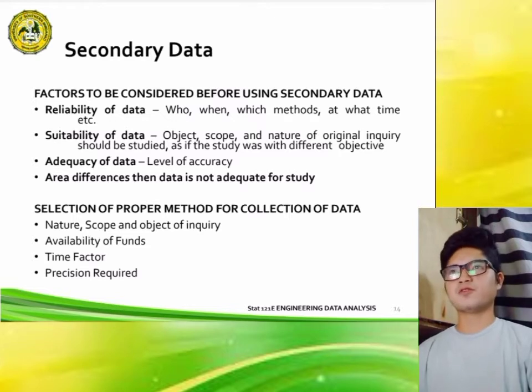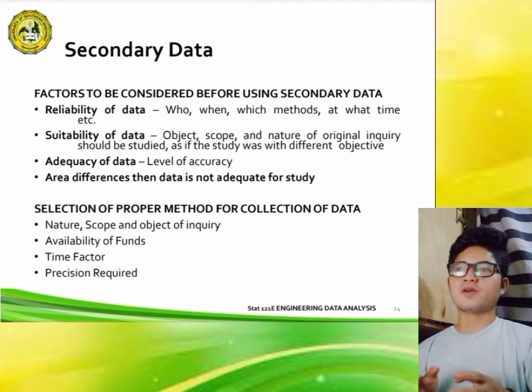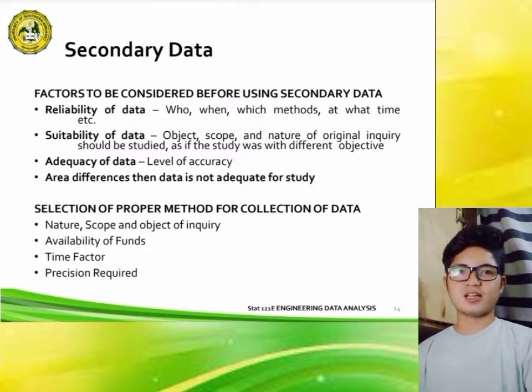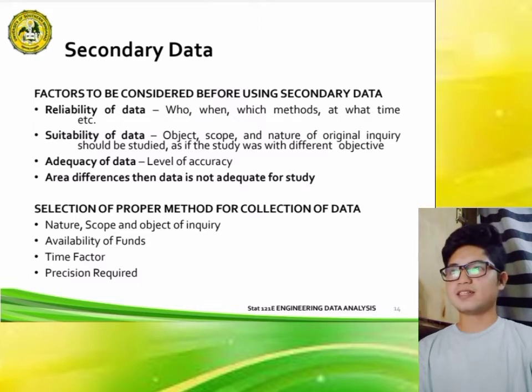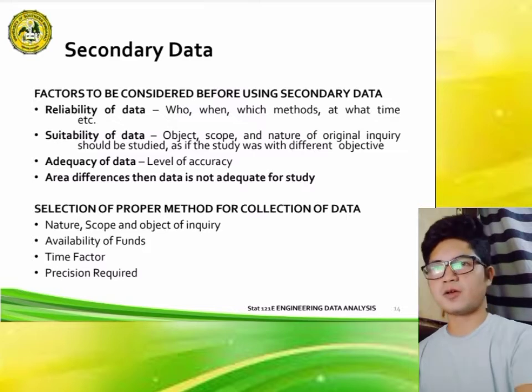So ito yun, for example, although same yung gusto nyong kunin na data na example poverty rate ng isang lugar, pero yung ginamit mo na secondary na data is yung mga data from a parang urbanized or medyo urbanized na place. And then yung sa research mo is yung parang medyo hindi siya urbanized. So parang magkaiba yung area. So pag ganun kasi, it could be magkakaiba yung makukuha mo talaga na data at yung data na ginawa mong